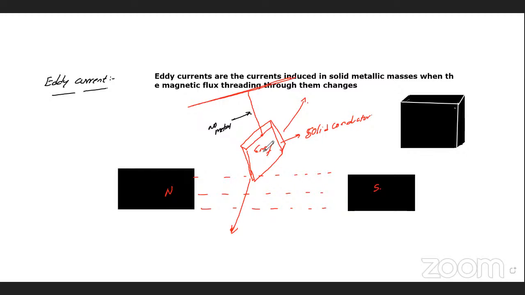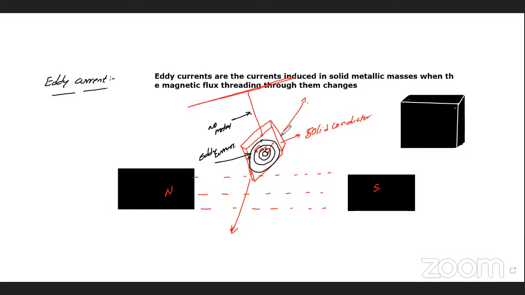Whatever current is induced will circulate in circular form. It will be forming in circles. Remember, it will be forming in circles. These circular currents we call eddy currents. So remember, as the conductor moves continuously, the induced current will be in a circular format